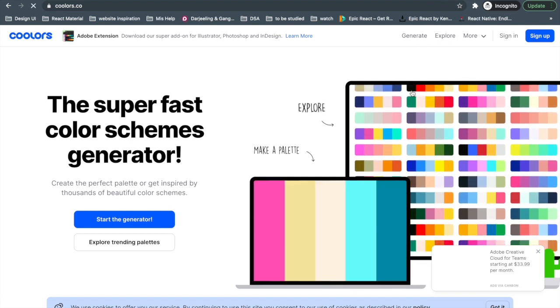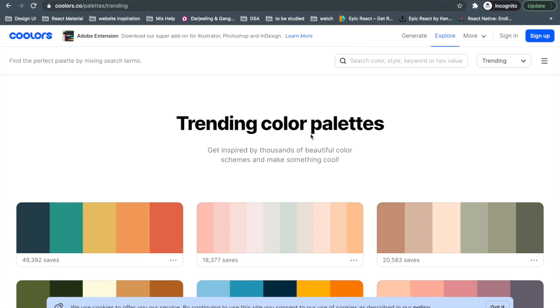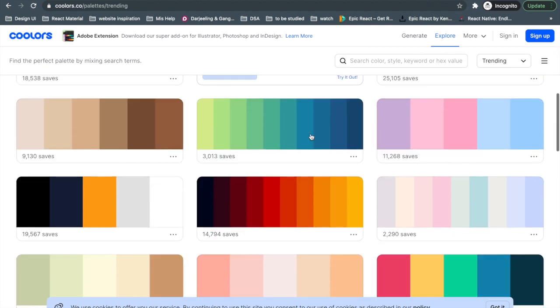So I'll just click on explore and I'll see a good looking color palette for our quiz application. There is a whole theory behind choosing colors, but we are not going to discuss it here. Let's stick to any color palette that we get. Meanwhile, it is being loaded. Okay, so it has loaded. Let us take any color that we like.